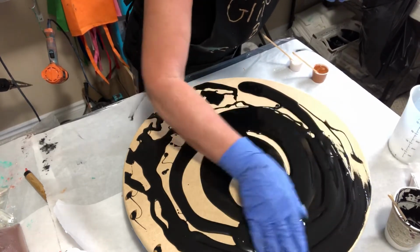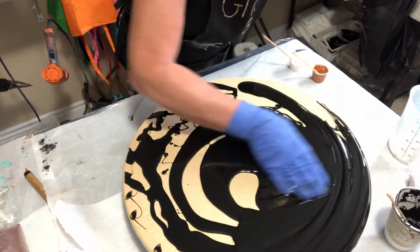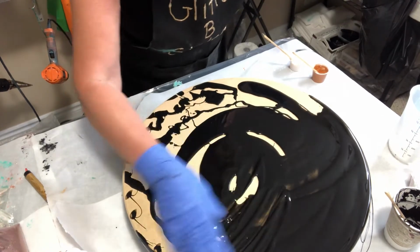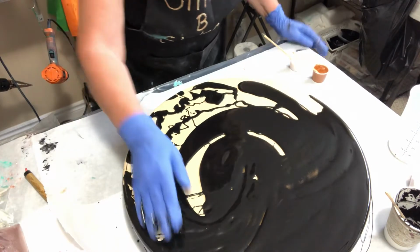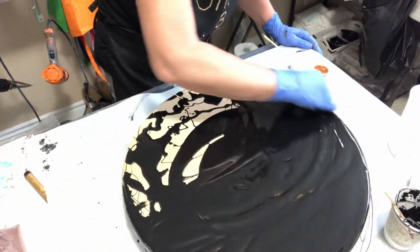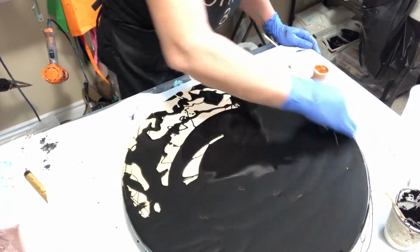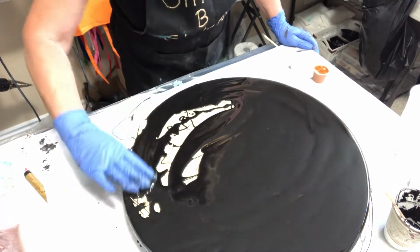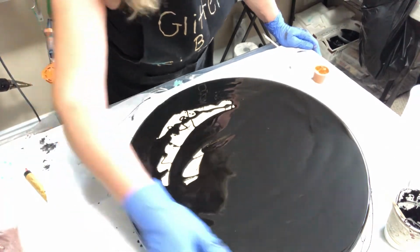So let's spread this out. Get my edges done. I just love this black. Jet black. I taped the back of this one this time. Usually I don't because I can sand them, but